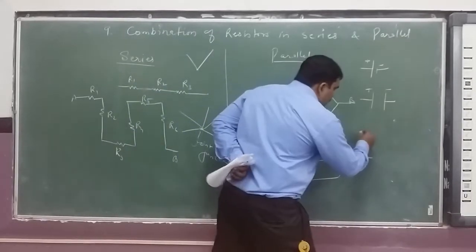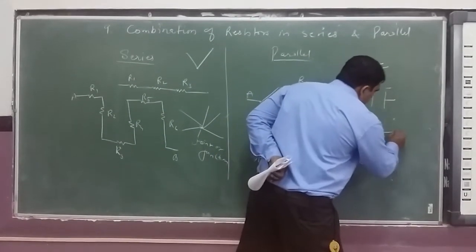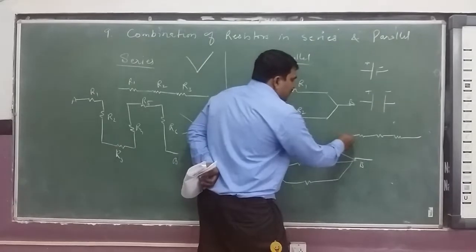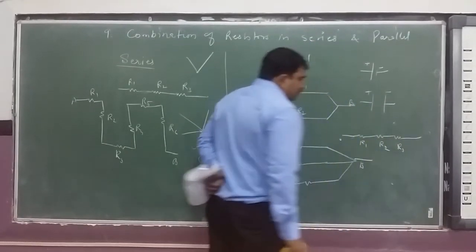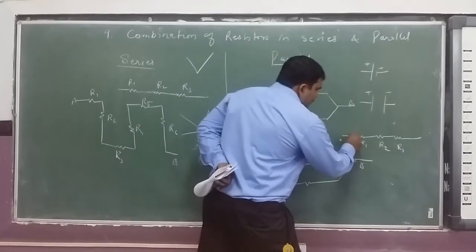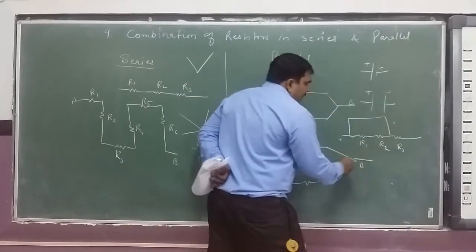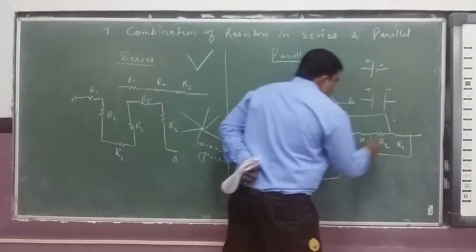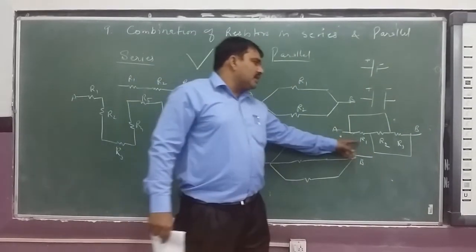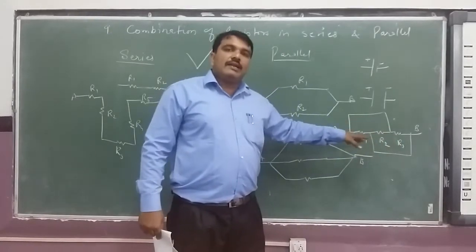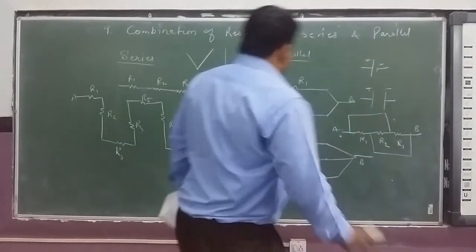So there is one particular case you can see, sometimes students get confused and they think it is difficult. There are three resistors R1, R2 and R3. And if there is one wire above the resistances like this and another wire below the resistances, then in this combination the three resistors R1, R2 and R3 are actually in parallel. I will let you know how they are in parallel. You can see,